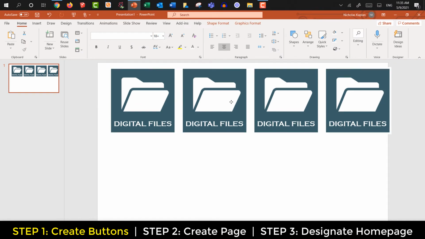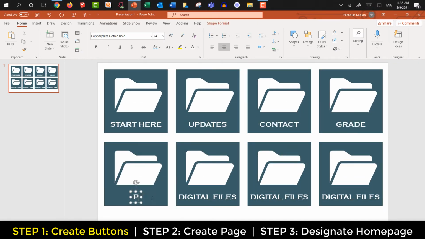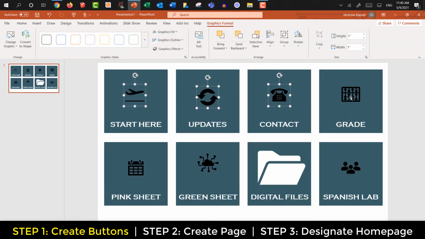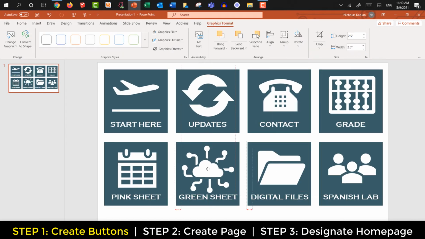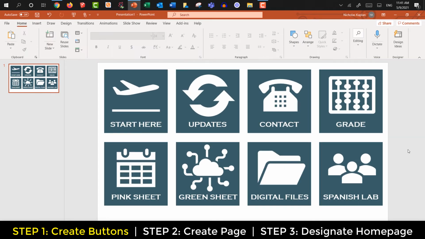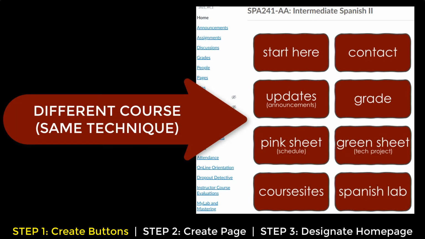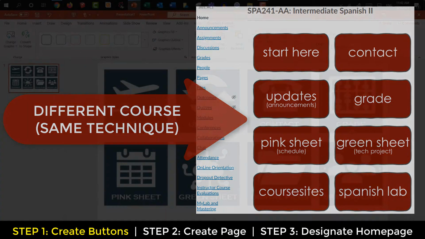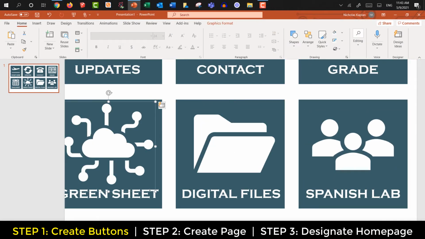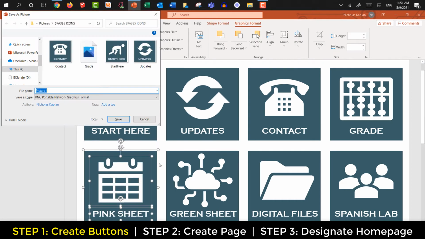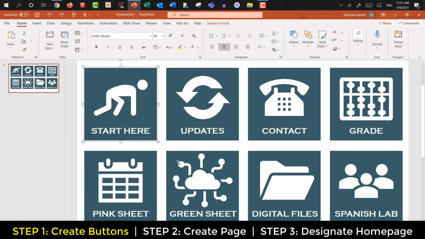picture. I know that in total I want 8 icons on my homepage. I'm going to copy and paste so that I can see how all 8 will potentially work with each other. You do not need to use icons, nor limit yourself to squares. For another course, I created buttons that were only text. Once I am happy with the basic designs, I will make small adjustments to each individual item. I pay particular attention so that all elements fall within the individual square.